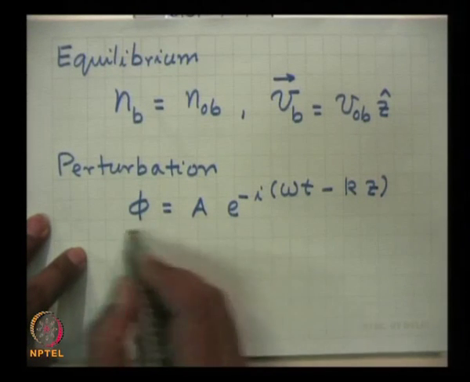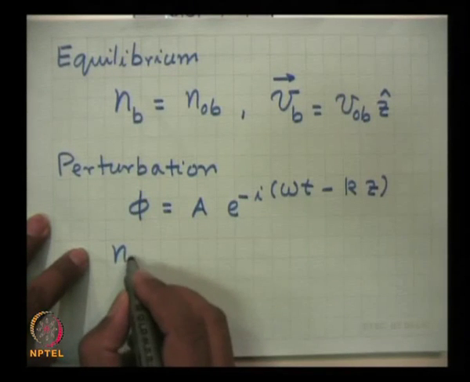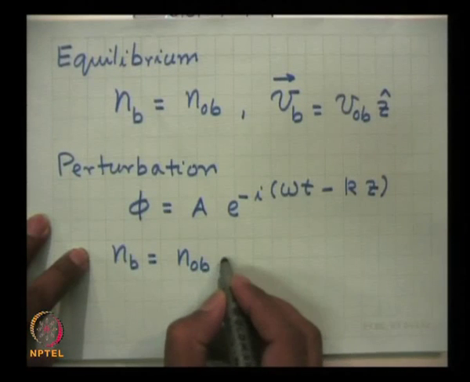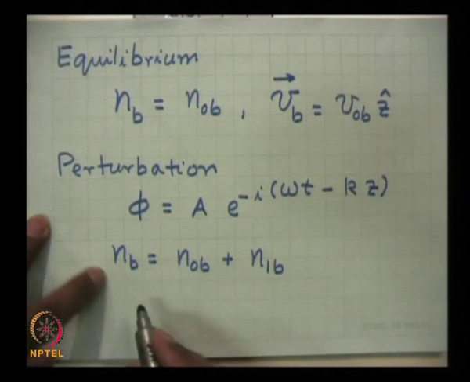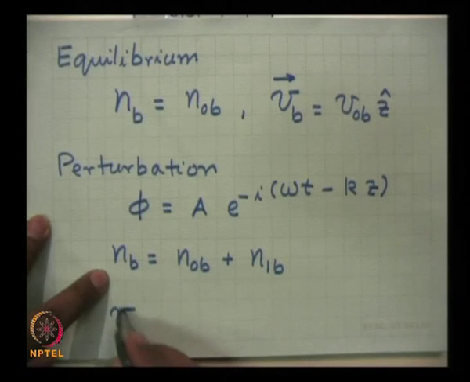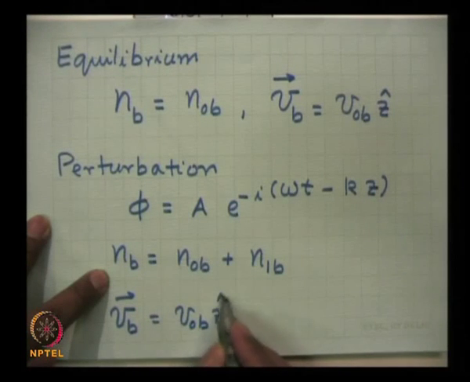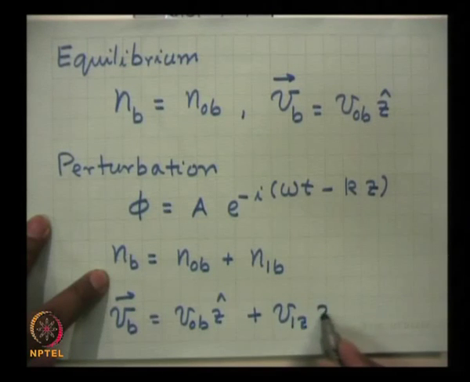Then we say that in the presence of this plasma wave, my beam density has changed from n0b by an amount n1b, and the velocity has changed from v0b z cap to a quantity called v1z in the z direction,